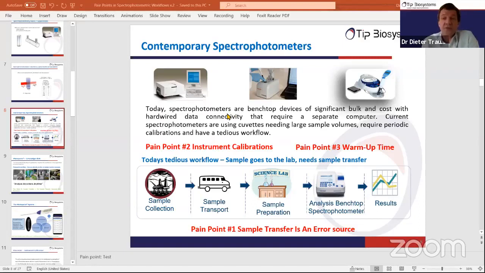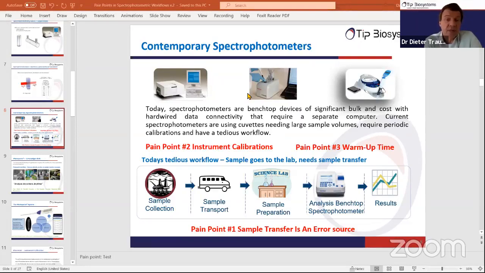One was the introduction of the microdrop instrument, which you see here in the center. The game changer here was the very small volume, just microliters. And another game changer is, in my opinion, the Photopette family of products. Here the game changer is the workflow. You can measure directly at the site, at the point of sample, with high quality, and share your results.